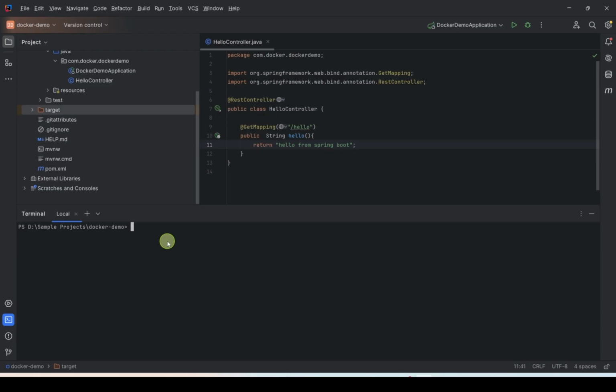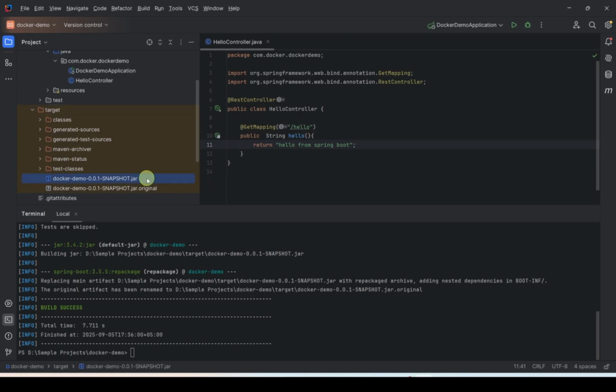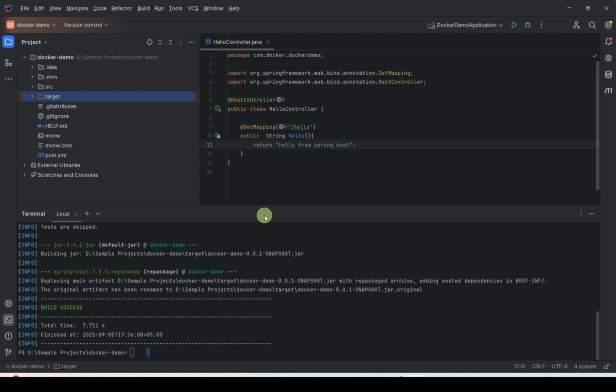Okay, now that our application is working, the next step is to build it into an executable jar file. For that, we use the following Maven command: mvn clean package. I skip the tests, press enter. Okay, this command has built an executable jar file inside this target folder. This jar is what we shall later run inside Docker. If you don't have Maven installed on your machine, you can write this command like this: mvnw.cmd clean package, right? It will use the Maven wrapper script and it lets us run Maven without installing it separately.